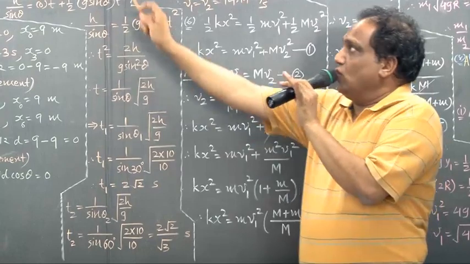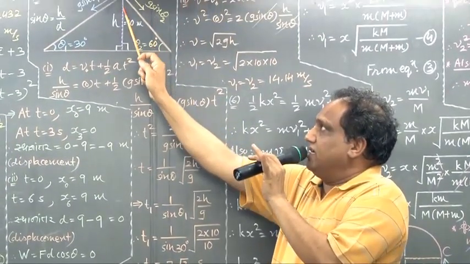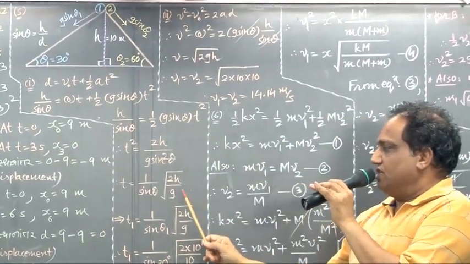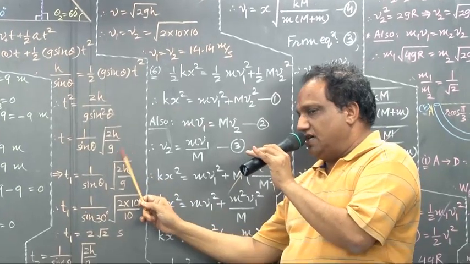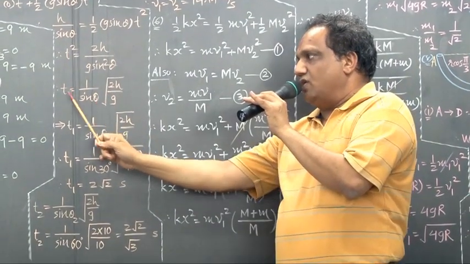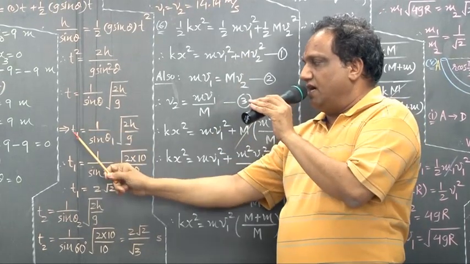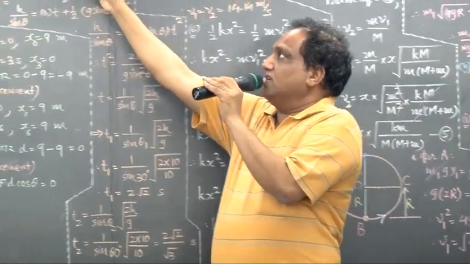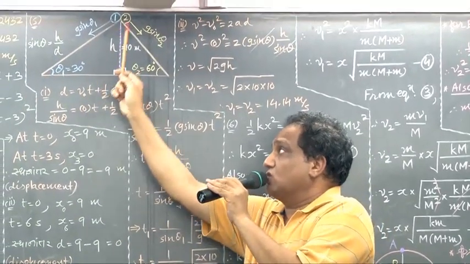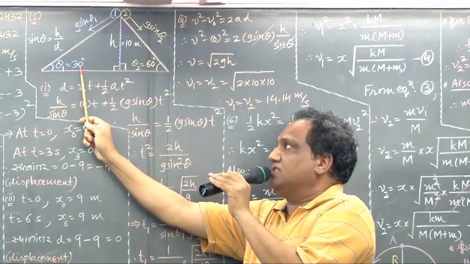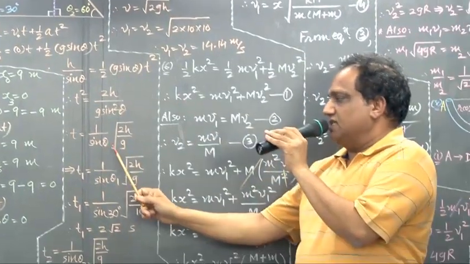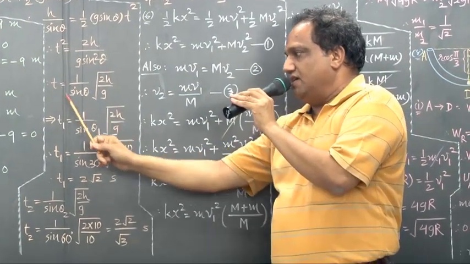Now for both the bodies, look, height h is constant. Value of g is also constant. So as theta will change, time will change. For the first body, instead of t I am writing t1. For the first body, it is just moving down on the slope, having angle of slope how much? 30 degree. So this theta is theta1, t is t1.